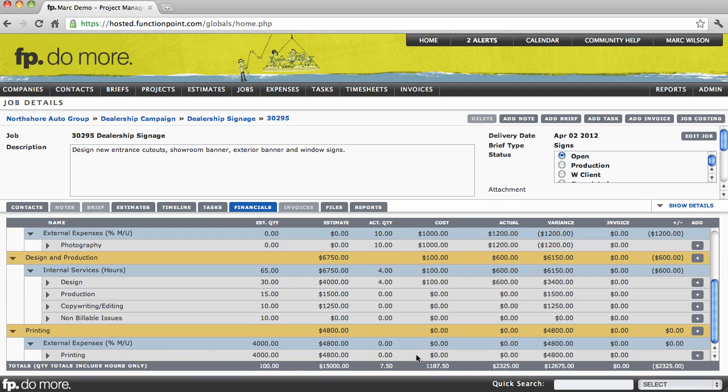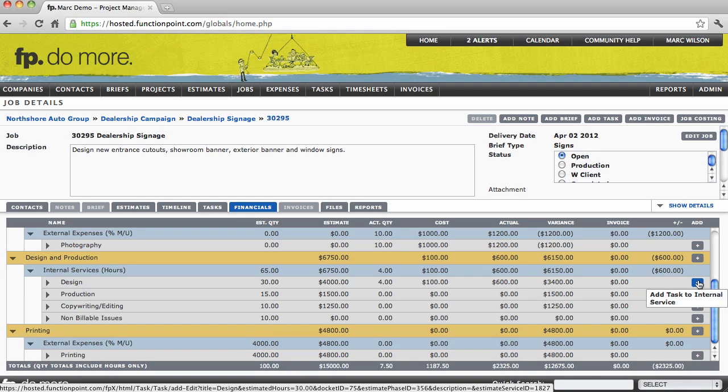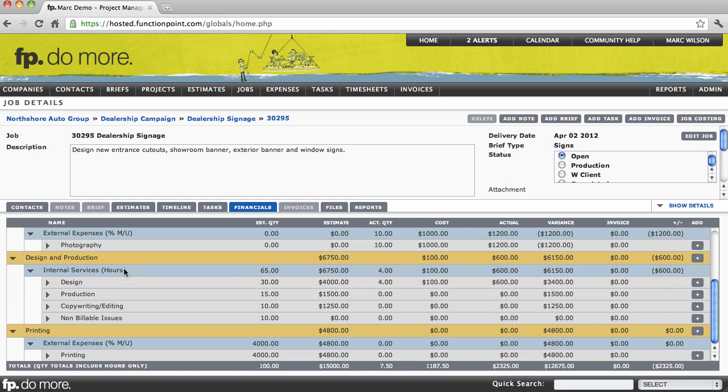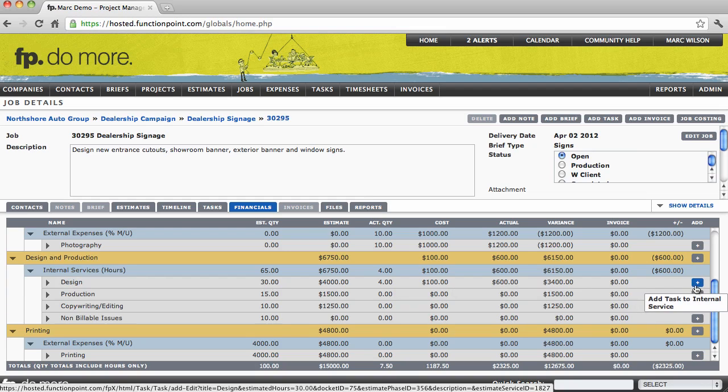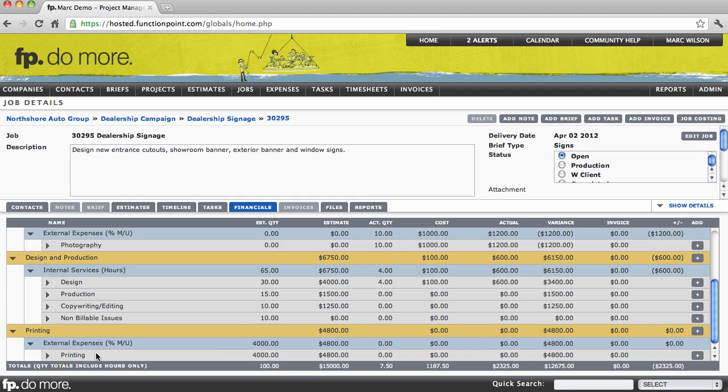Notice on the far right side of the Financials tab, we have a column called Add. Now these plus icons are going to do different things depending on the type of service that they are lined up against. For example, an internal service like design, the plus icon will allow you to add a task. Whereas an external expense, like printing, as our example, the plus icon will allow you to add an external expense